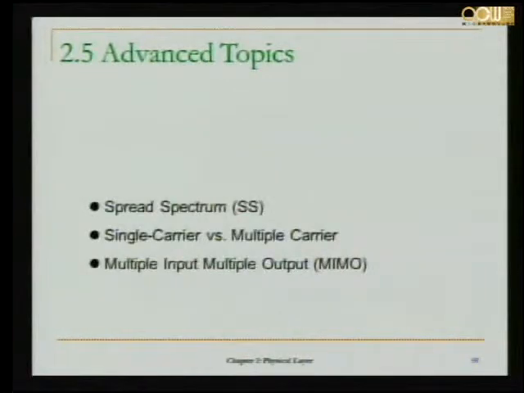Okay, section 2.5 is on advanced topics that you probably would not see in all computer network textbooks. When I was putting together the material for this section, including spread spectrum, OFDM, and MIMO, we considered again and again whether to put it here or not. But in the end, we put it here as an advanced topic